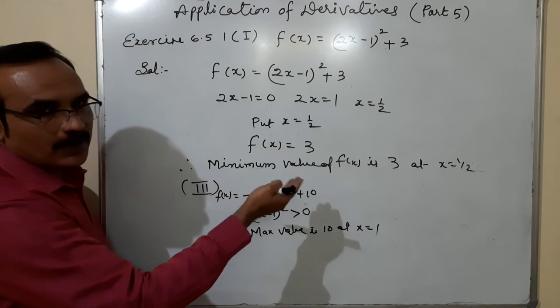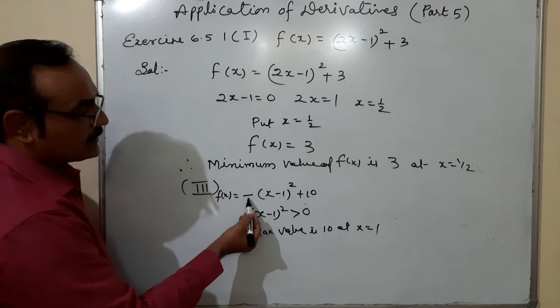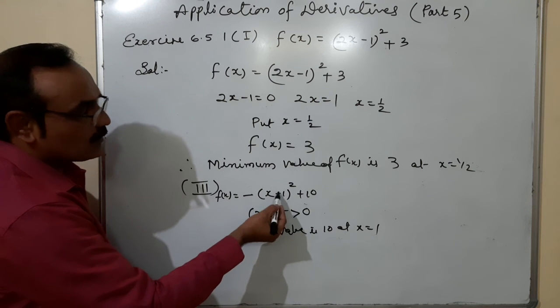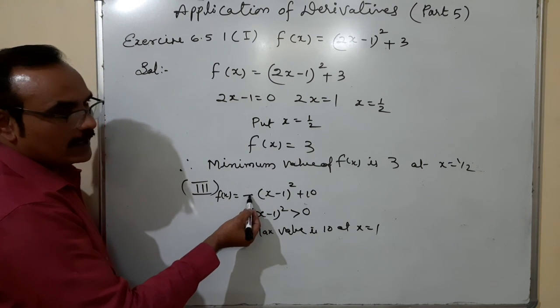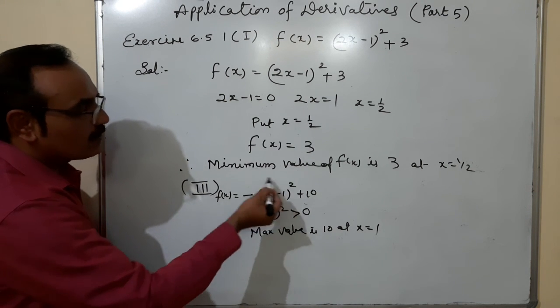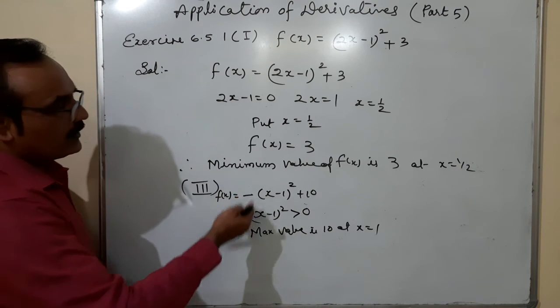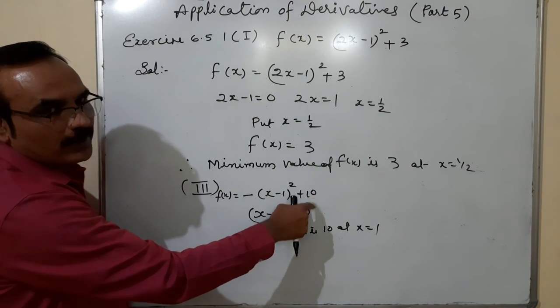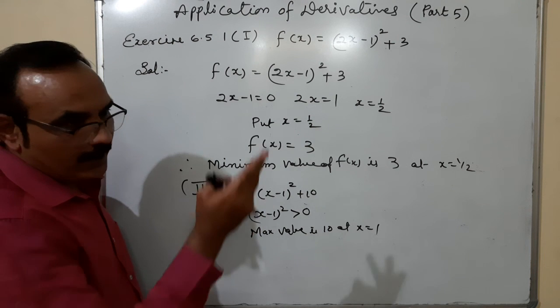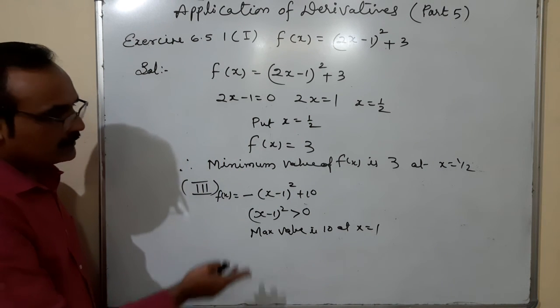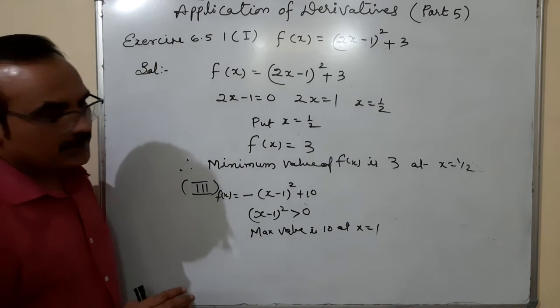You are not getting 11, 12, 13 because here is a minus sign. So this term is positive, positive multiplied by negative is minus. So finally the value of this term is negative. That means the maximum value is coming 10 in the positive. And for the minimum value, there is no limit. Many values are there.